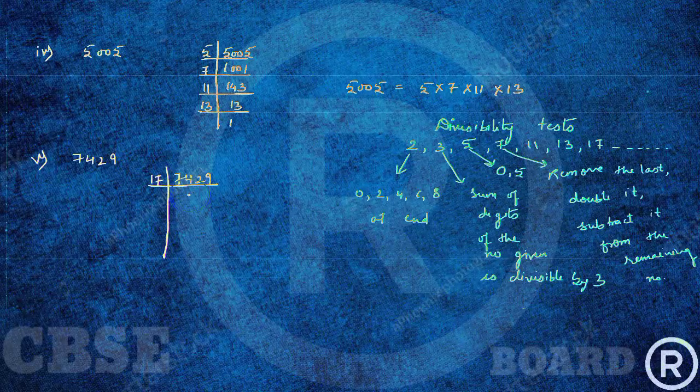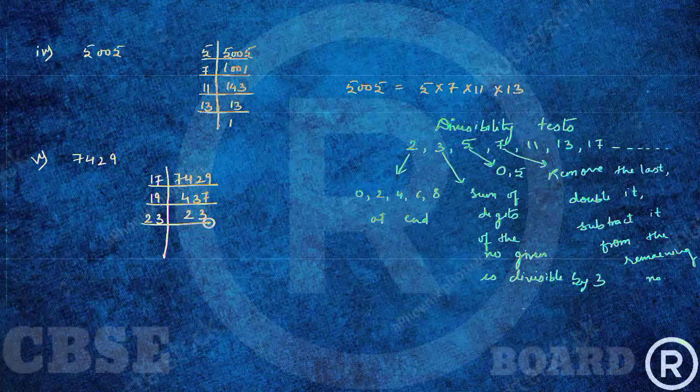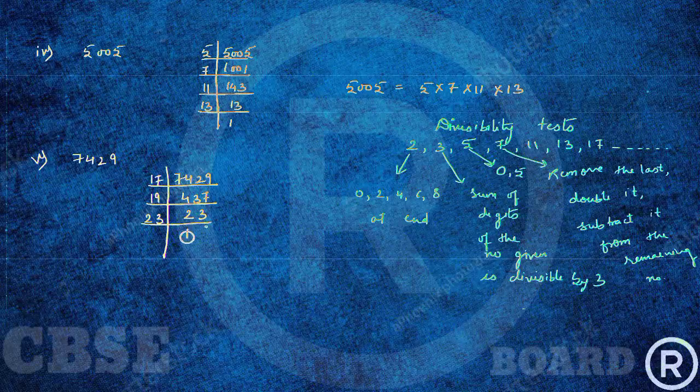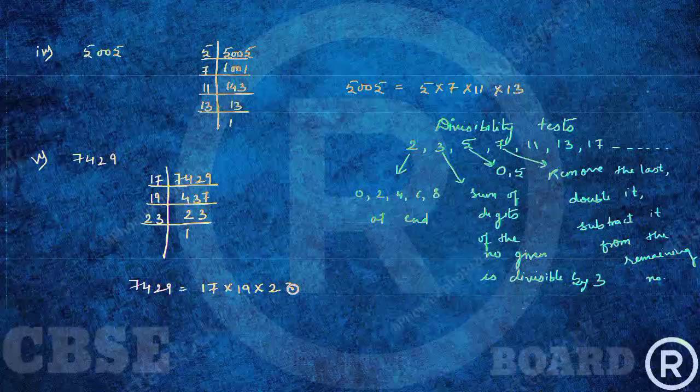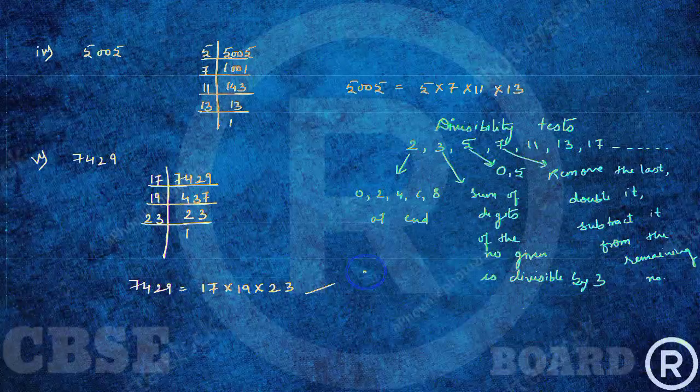So 17 will give us 437 as the quotient, and then this 437 will be divisible by 19, which will give us 23. 23 is also a prime number, so it will be divisible by itself only. So we'll get 1 here. So this number can be represented as 17 cross 19 cross 23. That's how we have solved the